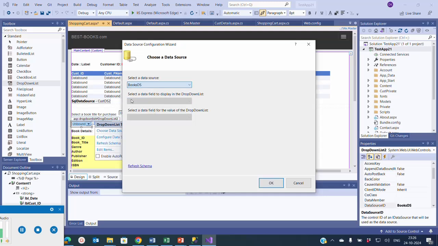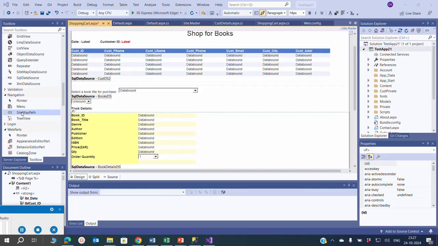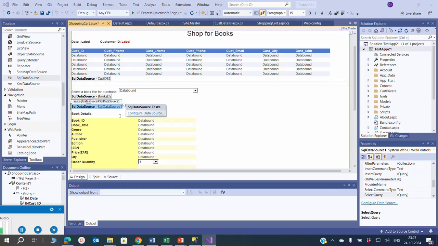So we will be picking up any SQL data source that we have already created. So we have created a books data source. Now you can see, once we create a book, we added the books data source. We'll obviously see that we have book details data source, I think. Okay, I'm adding a new data source here just to display the functionality to you. I've added a new data source,